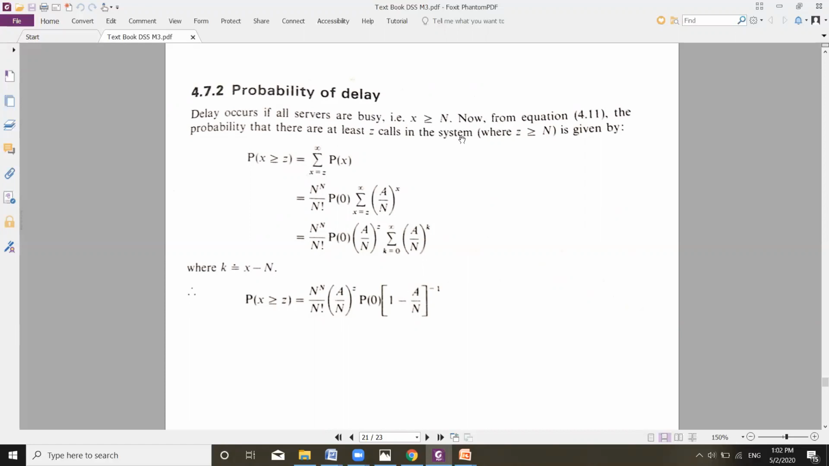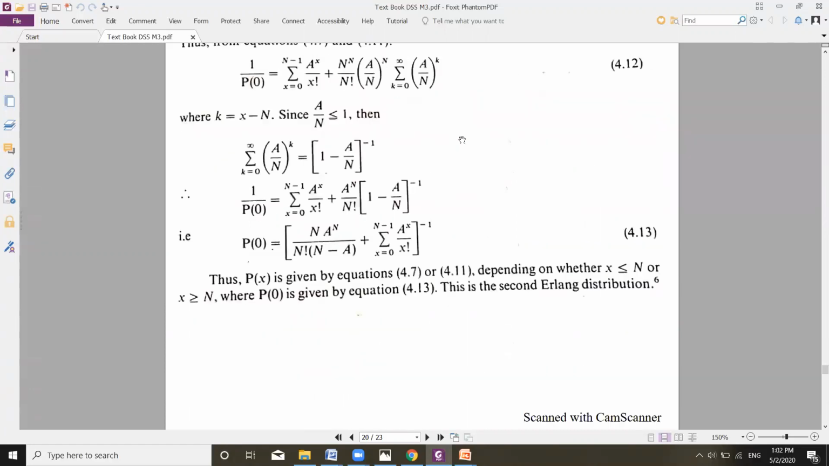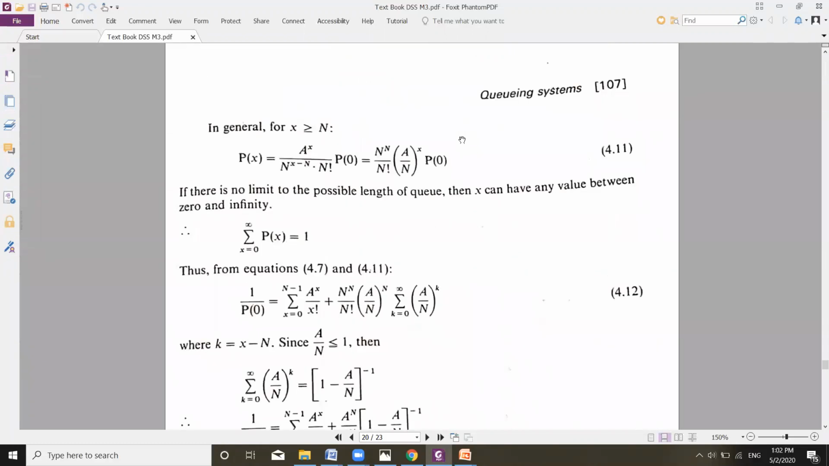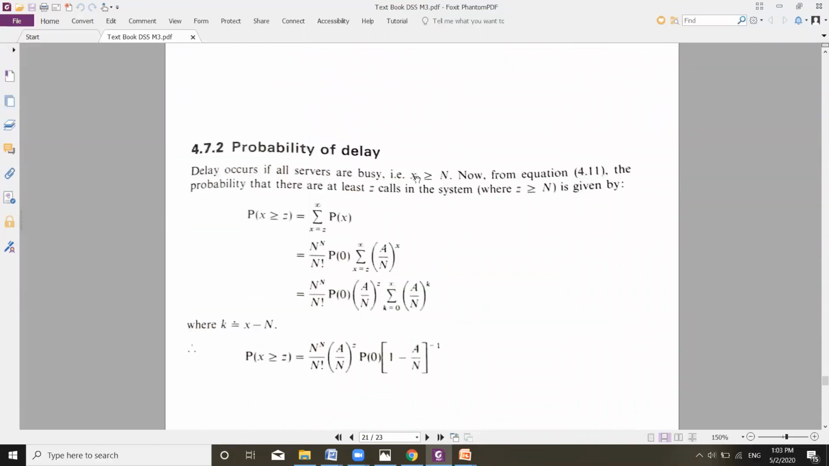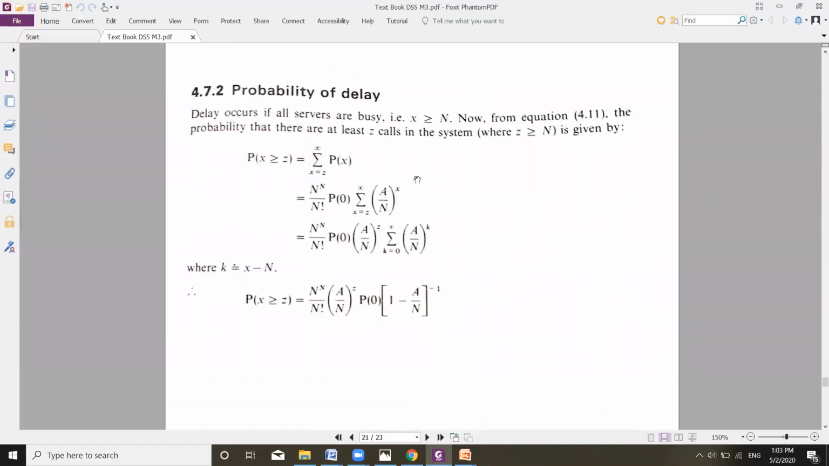Now from equation 4.11, that is the equation that we discussed in the previous lecture, that is p of x is equal to n to the power of n divided by n factorial, a by n to the power of x, multiplied by p of 0. That is what we are discussing, the second Erlang distribution formula. Now using that formula, the probability that there are at least z calls in the system is given by,